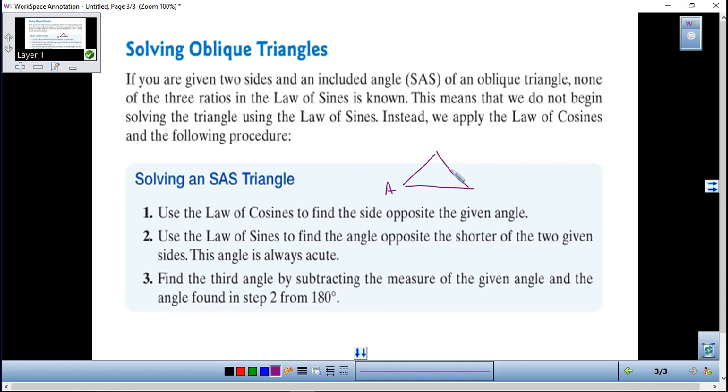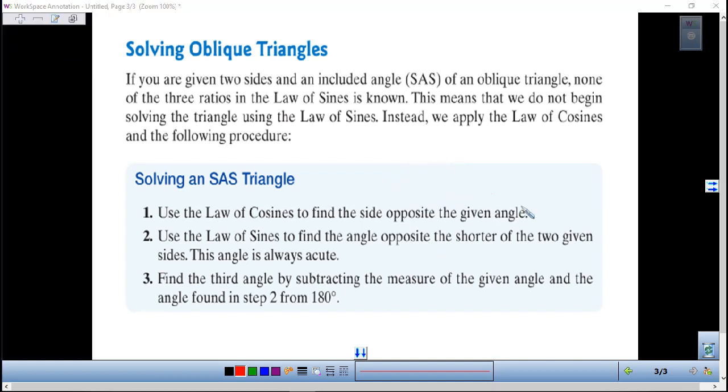If we've got this, we've got A, B, C. This is side a, this is side b, this is side c. If we have side angle side, that means we would have, let's say, this side and this side. There are my two sides, and the included angle would be this one. Notice you don't have ratio A for the law of sines. You don't have ratio C, and you don't have ratio B. You don't have both pieces of information for any of those letters. That's why you would end up using the law of cosines,